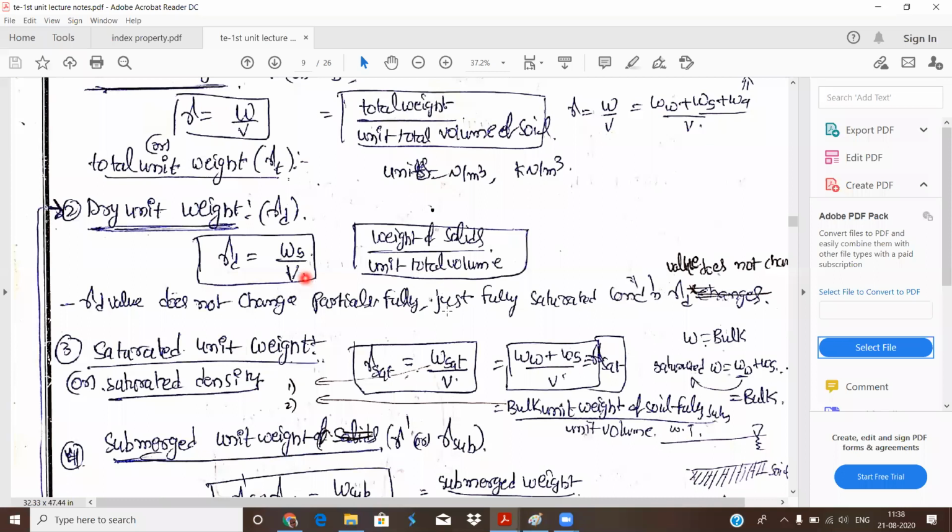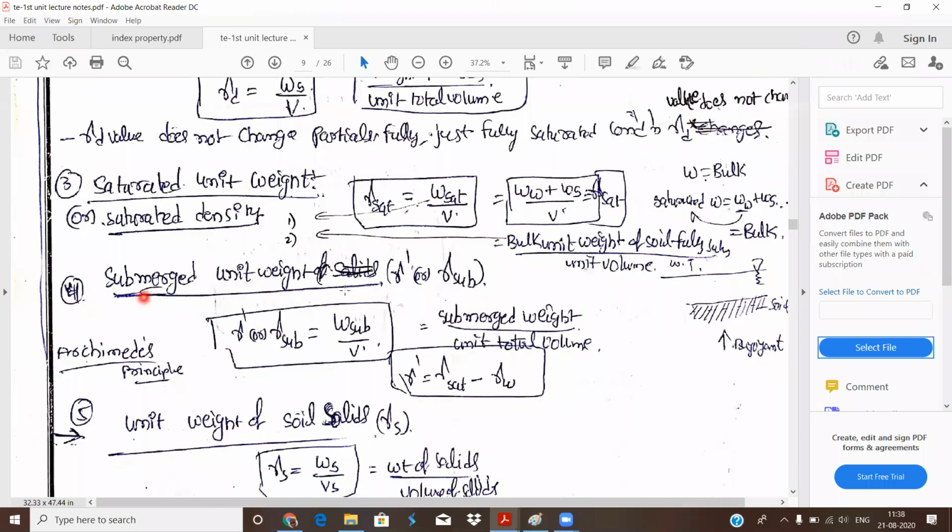Okay, another example I have is submerged unit weight. Submerged is totally related to soil. Above the soil we have water, so this soil condition is known as submerged, and that means it is below the water. So when we have water, we have a buoyancy force acting on the particles. If you dip a bucket into the well, automatically the weight of the bucket is less because of the buoyancy force acting opposite to the gravitational force. So due to this, the unit weight of the soil may change. That's why we have to take submerged unit weight also.